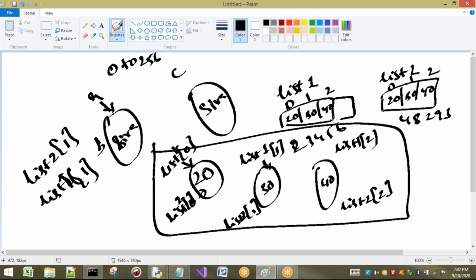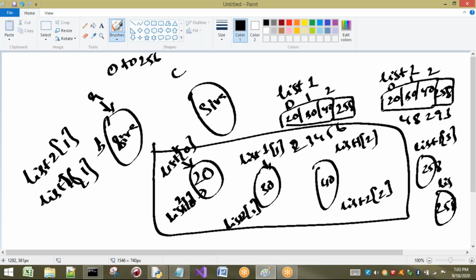For example, here I am going to take 258. Listen carefully. Here, for example, I have taken 258. Now the list 1 of 3 is 258. Next, separately, 258 will be created here for list 2, we already know this concept. If I compare list 1 of 3 and list 2 of 3, the identities are different.